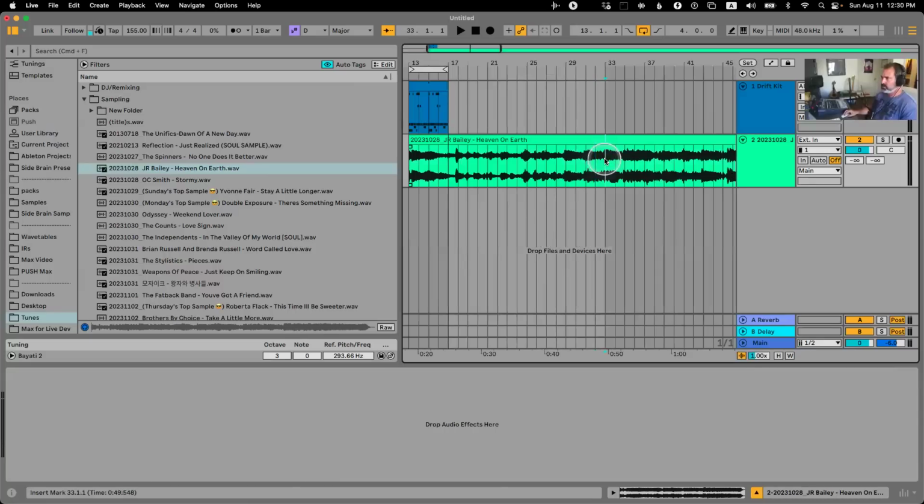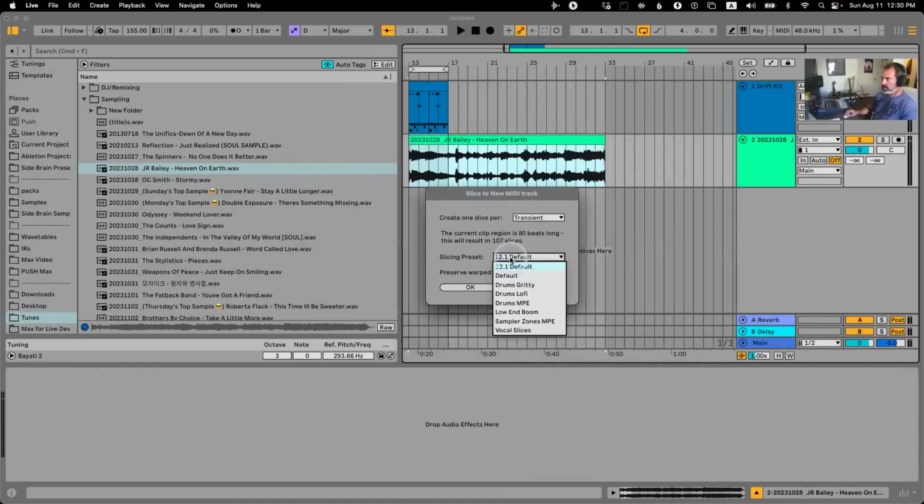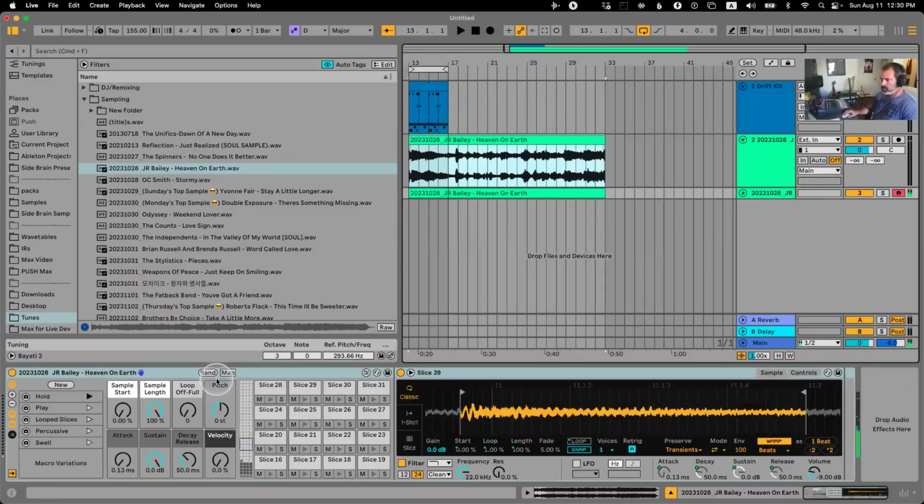Let's say take only this section. I'm going to right click and choose slice to new MIDI track. Now we have new slicing presets, and it's been a long time since they updated this, which I think are much better. Let's do the default one. Let's hit OK, and you'll see that they just come already. They slice up the audio,